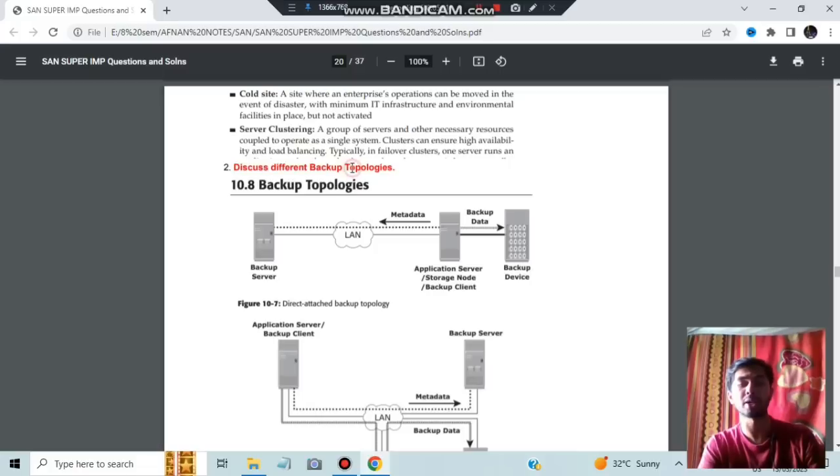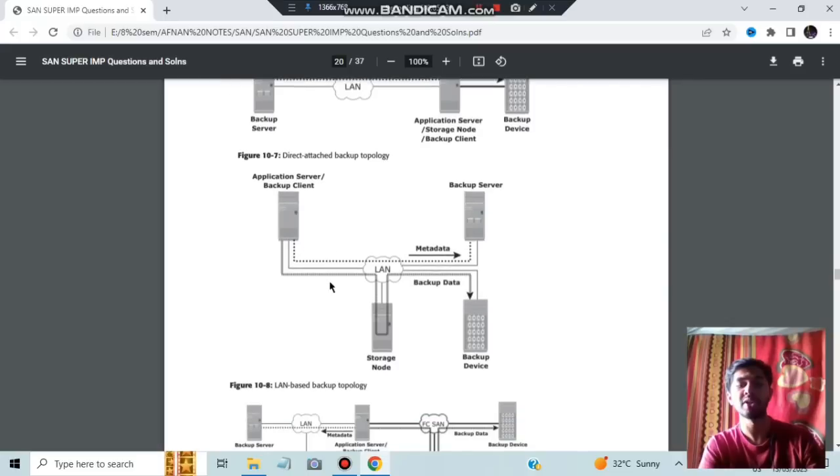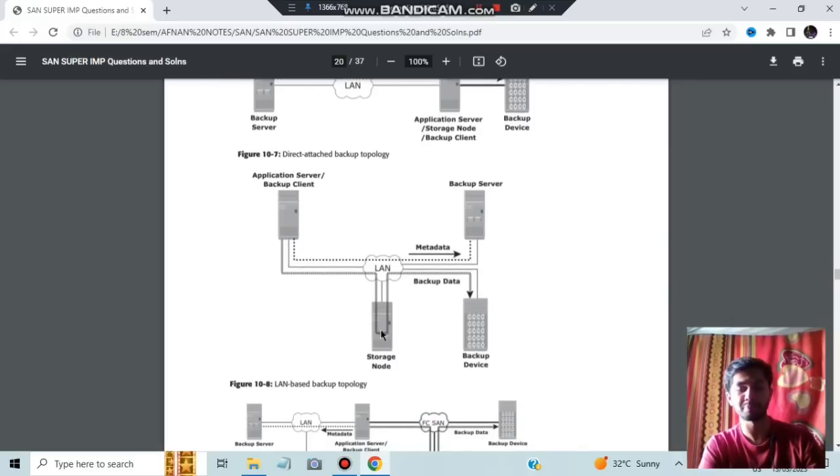Discuss the different backup topologies. There are three different backup topologies. Here you have the backup server from which the data is fetched, the backup client, and the backup device. Three things are there. If there is a direct connection, it is called direct attached backup topology. If there is a storage network in between, a storage node, which was not there in the previous one,